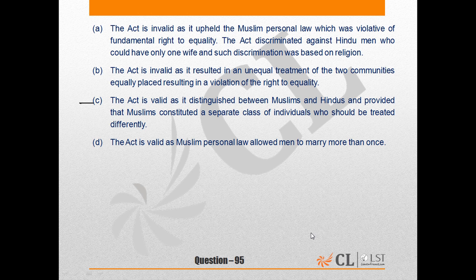Now we have to understand that the act which is passed is not making any difference between Hindu and Muslims, because that act is passed only for the Hindus to curb the offence of bigamy. The act is not making any difference between Hindu and Muslims. And the act, because it is made on the